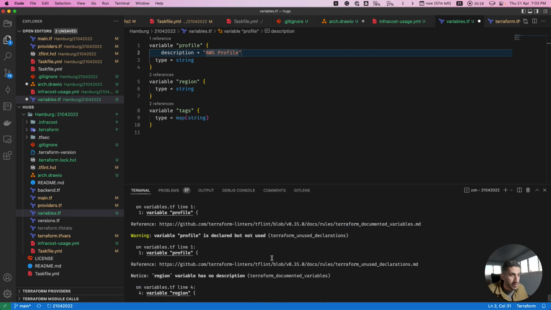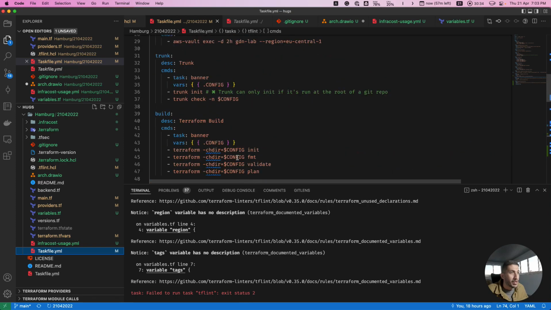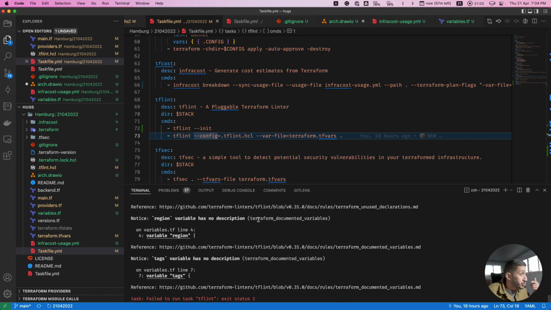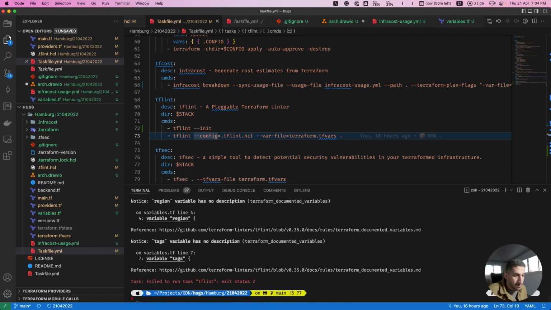Okay, that's nice. So now, if we go back, format, validate, and TF-lint. If you are using a pipeline, like GitLab pipeline, Bitbucket pipeline, GitHub Action pipeline, think about adding these into your pipeline if you are using that for Terraform, and you will not regret that. Or at least use a task file locally and develop and provide that for your team or your client to use to make sure that you are producing a quality Terraform code base. Okay, that's it about linting.